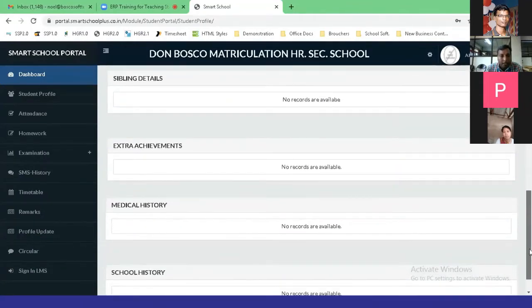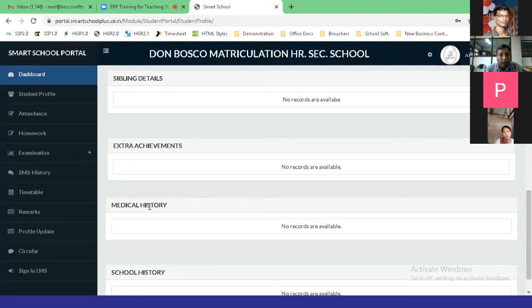And here we have recently, due to the pandemic timing, included the medical history. Say for example, the students are coming to the school, every temperature can be recorded on a daily basis. It can be put in this portal also, so that they will be able to see what their temperature was daily.